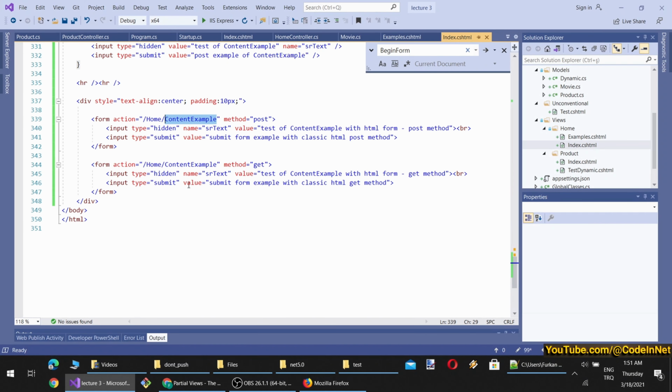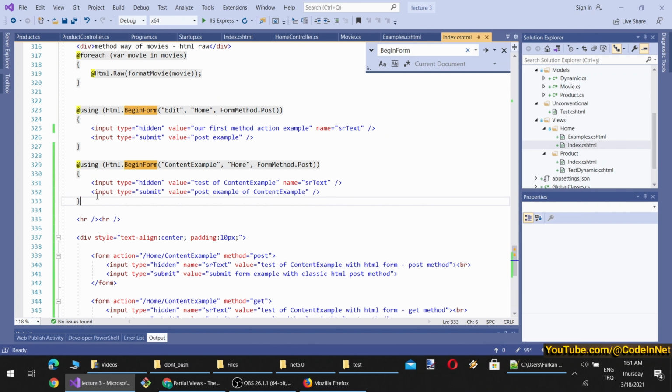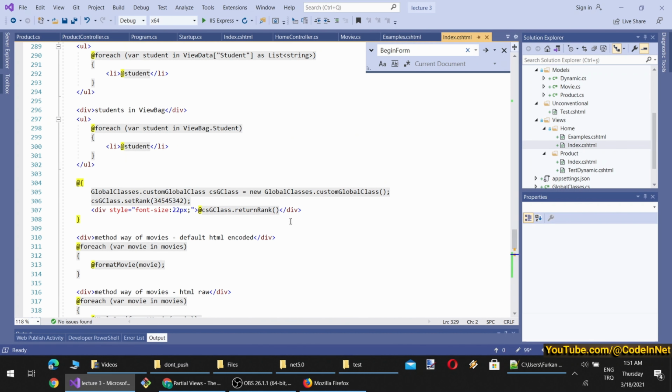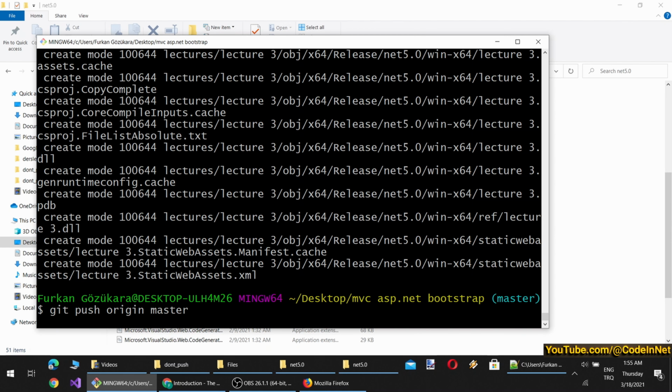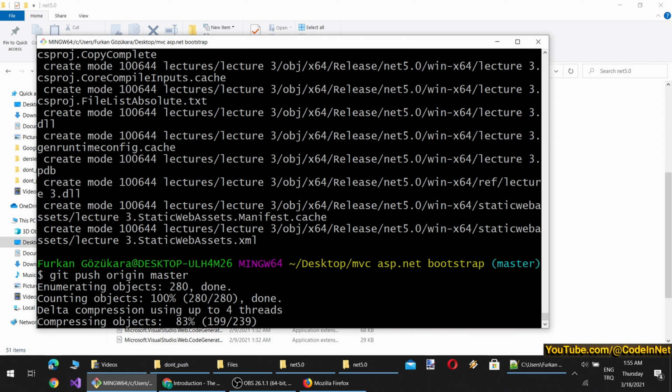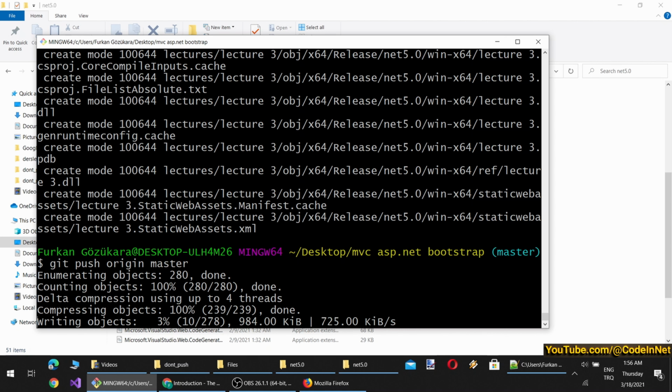So this is how we post with raw HTML, and this is how we post with Razor syntax. By the way, you don't have to push the debug folder to your code management because you can regenerate it with a recompile, unless you have put items in your debug folder manually.